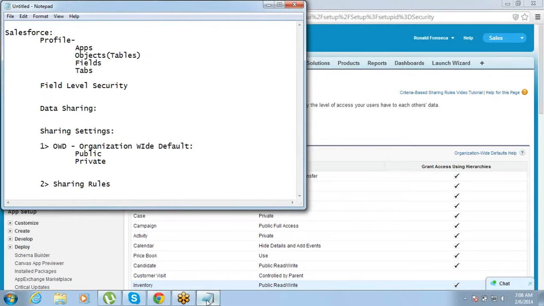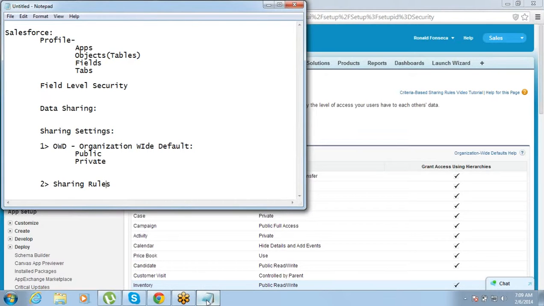It restricts access for users through profile, so users and profiles cannot see the field.